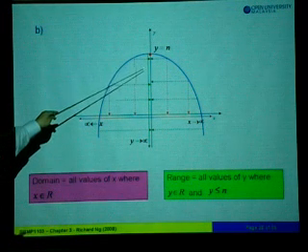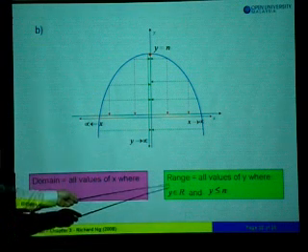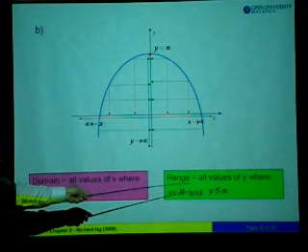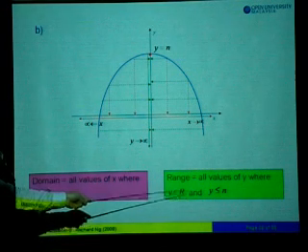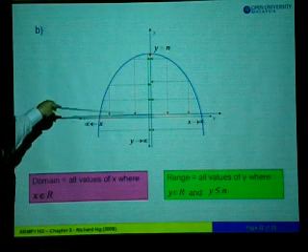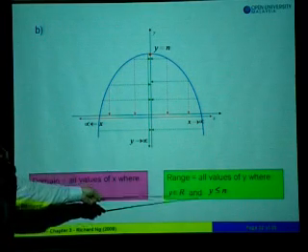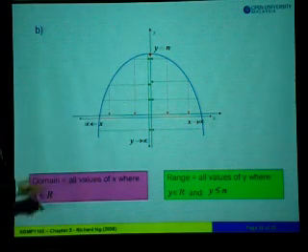Therefore we say the range of this curve is equal to all values of y, where y must be a member of R, and y is limited by n, which is smaller or equal. So we write y less than or equal to n. It must be below y equals to